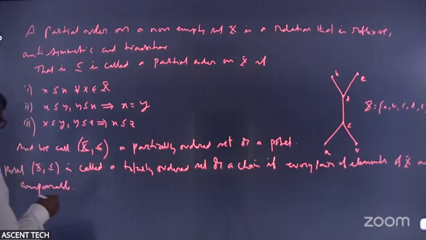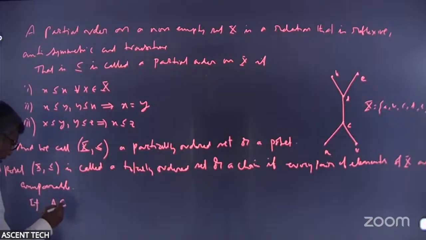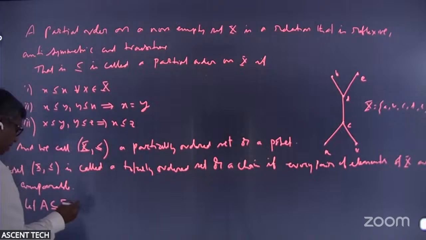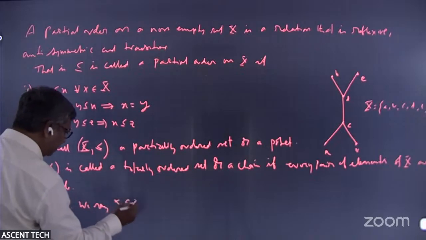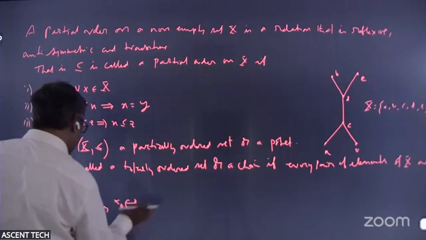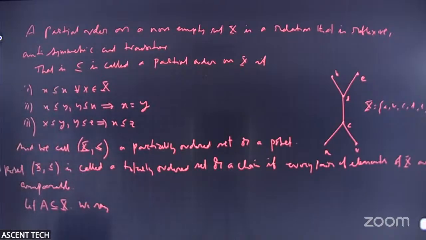We talked about a lot of things last time. Given a subset A of X, I can talk about an upper bound. Let A be a subset of X. We say an x naught in X